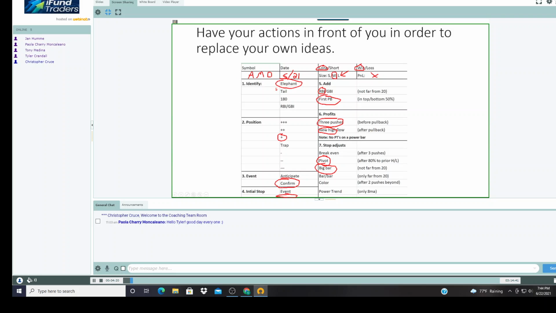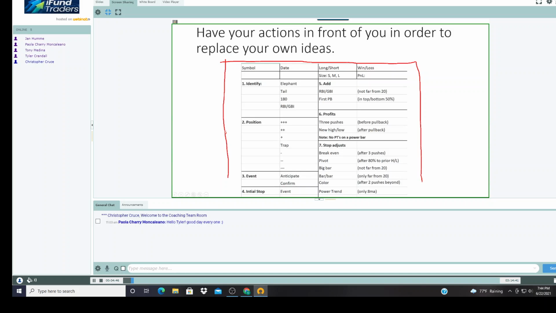And what this does is you need to look at this piece of paper and say, this is replacing you. All your thinking, all the what if this and what if that. If it doesn't show up on here, it's not something you have to do, right? Do you understand the purpose of this thing? This replaces all of your thoughts, right? You have to get rid of everything that you're thinking about. Your job is just to look at the screen and go, do I see any of these things?